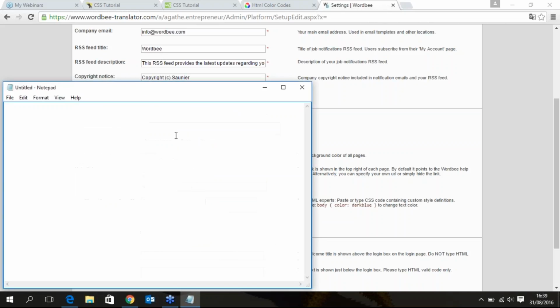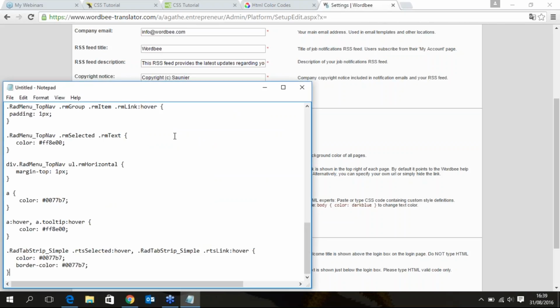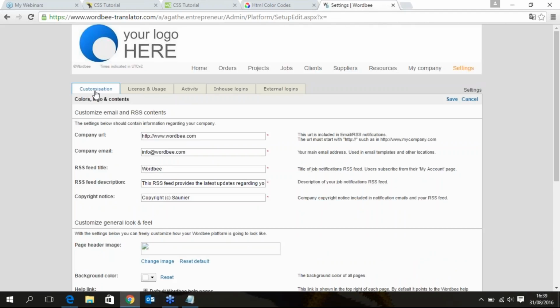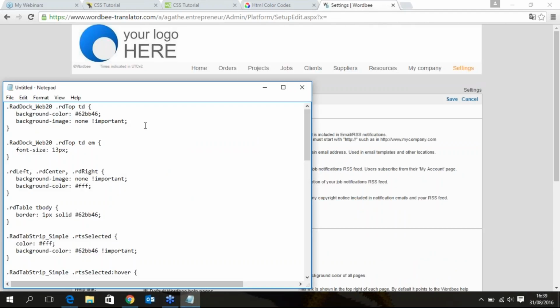Normally everyone has notepad, so it wouldn't be a problem. Okay, so this is the CSS code. No worries, it's very easy to modify. For instance, if you want to change the color of the tabs here, the green color is this one, the first one, background color. If you want to check